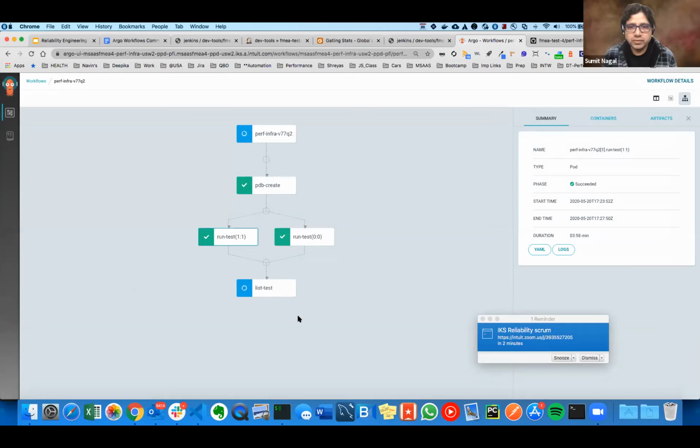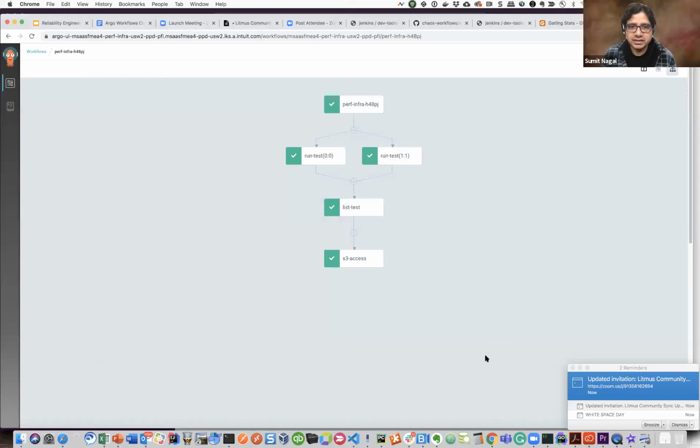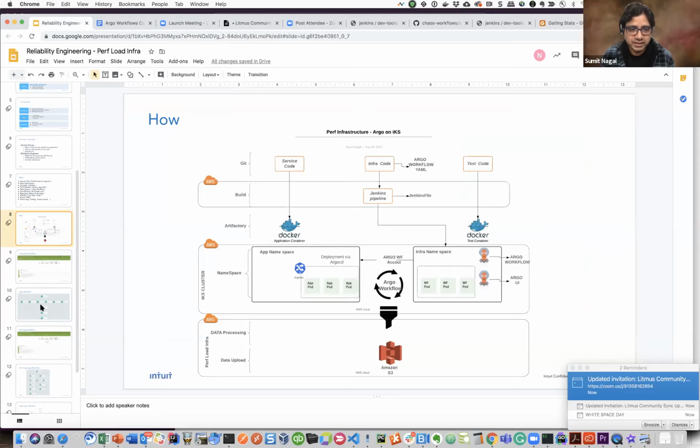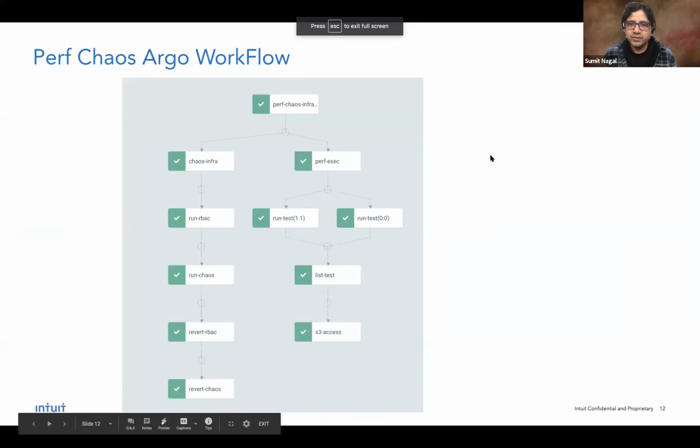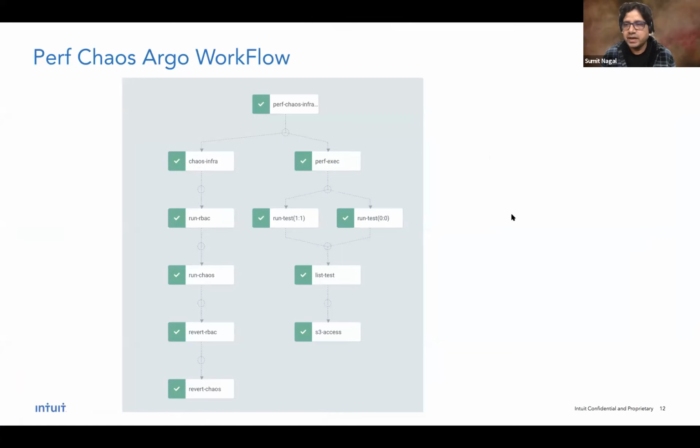Cool. So one of the other things we are working on and enhancing is whether we can get this performance test and chaos to be added. That is probably something for the next meetup to share. But what will eventually happen is that, as everything is Kubernetes native, we can run the performance test as well as the chaos test, then see the chaos interruption and measure the performance.